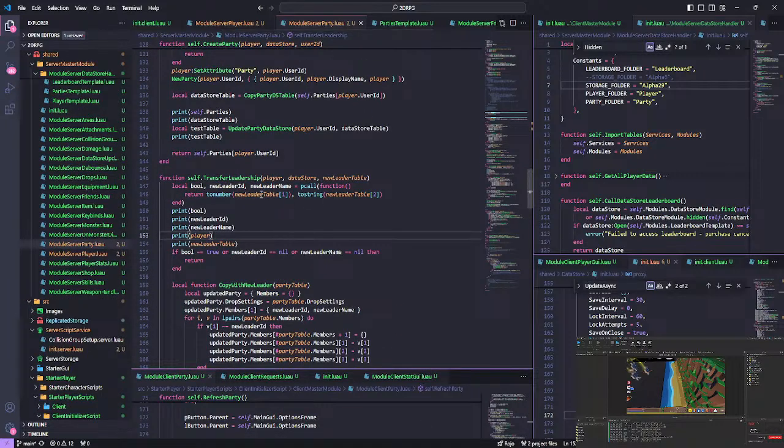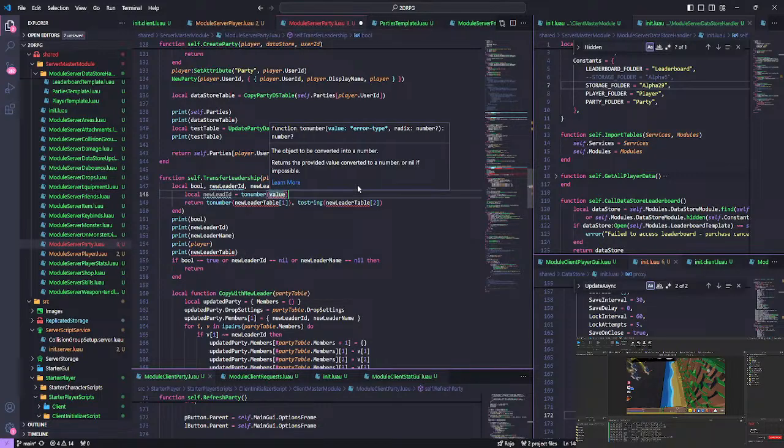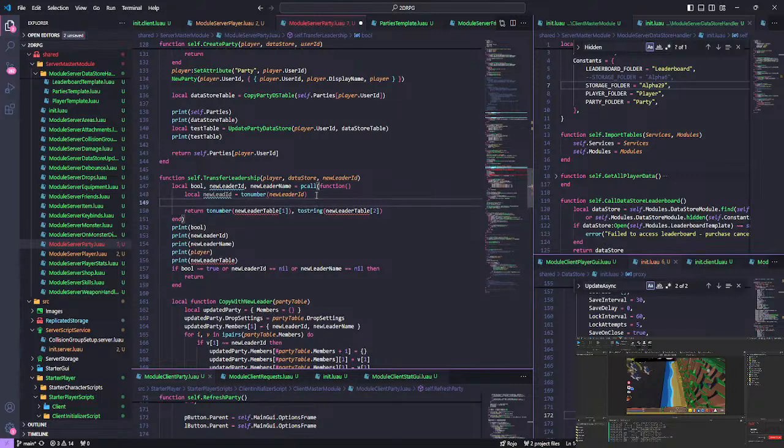So up here, this isn't the table. New leader ID. Local new lead ID is equal to number, new leader ID. Okay. And then local new leader name is equal to